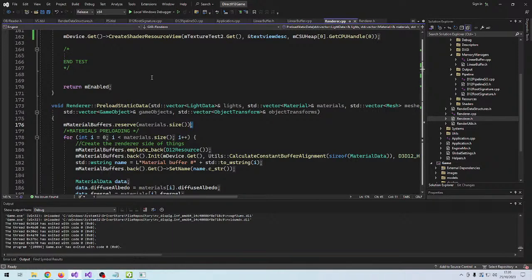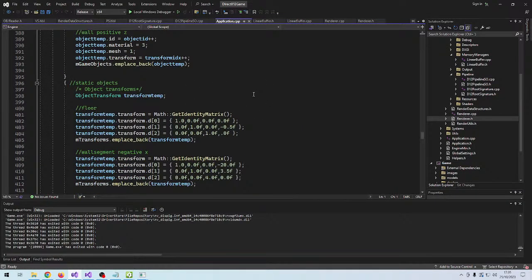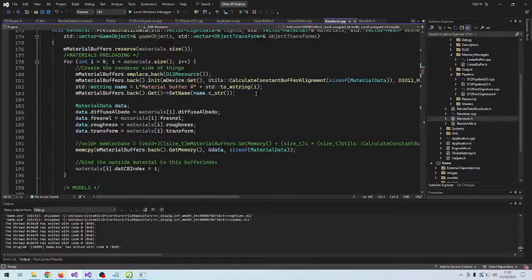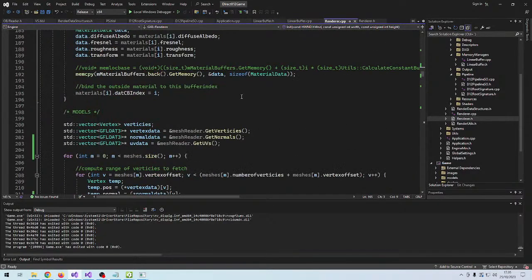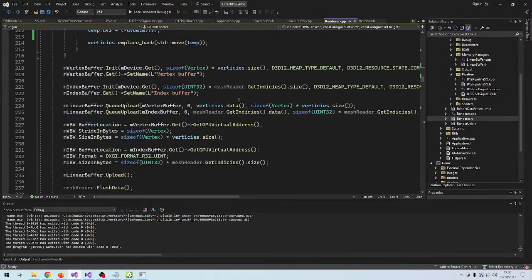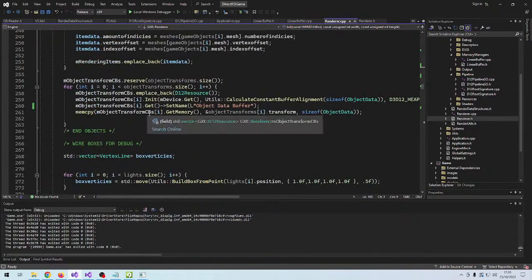So that is why nothing is behaving correctly. So let's do object transform, or rather, whenever we do the transform,